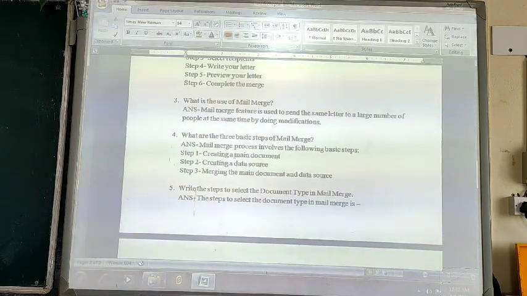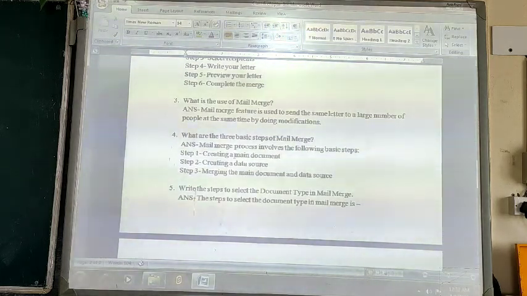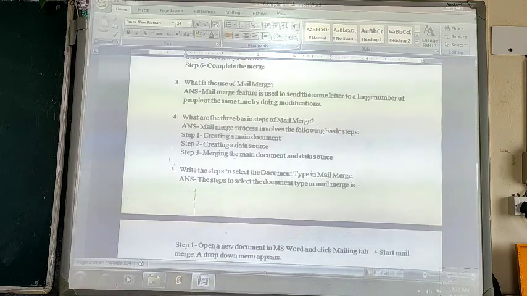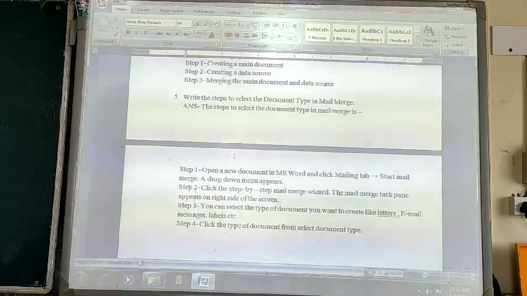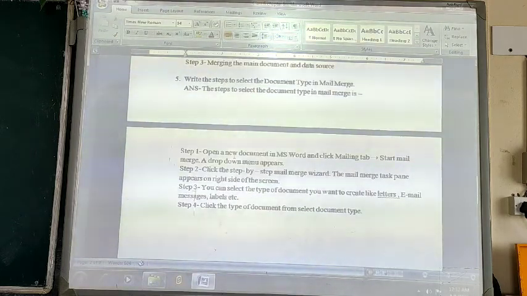And the last question: write the steps to select the document type in mail merge. The answer is, step 1: open a new document in MS Word.